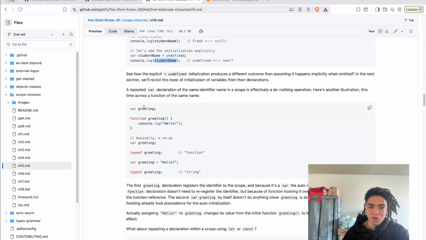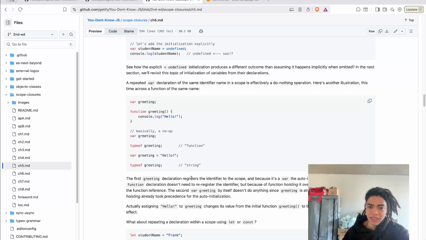The same for greeting here, right? So var greeting here, and the typeof is now a function. That's interesting. And the same for var greeting = hello, and the typeof greeting is string here, right?